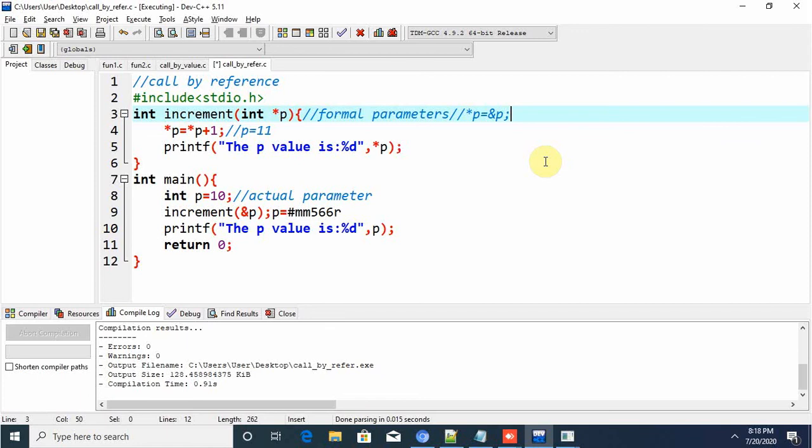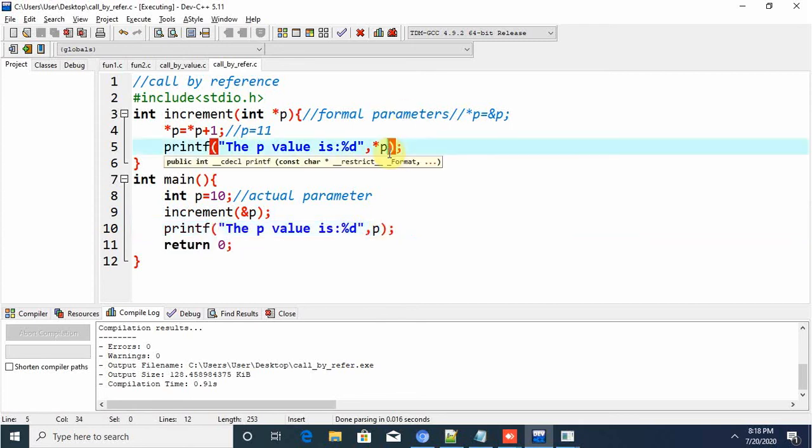That star p is carrying the value of that specified address. So at that time, this address and that pointer are interrelated. So the actual parameter p value gets affected. That's why here also we are getting 11, here also we are getting 11.